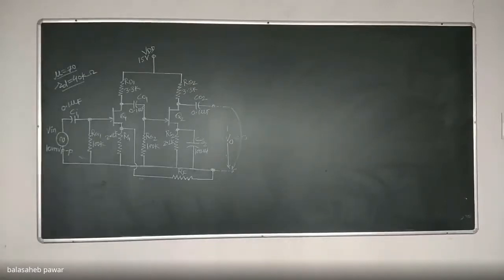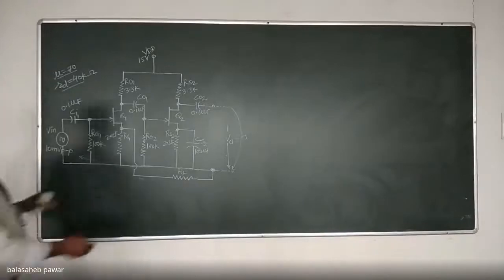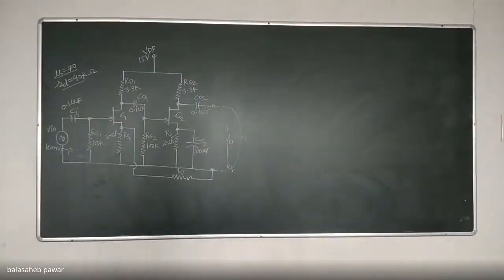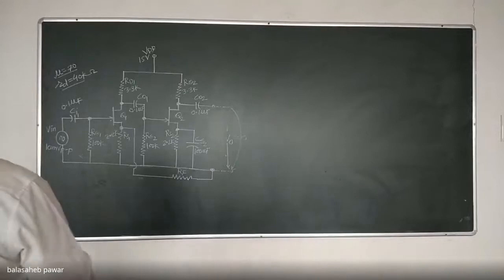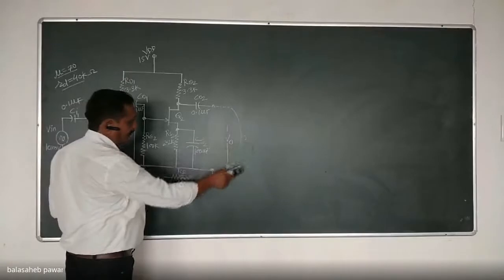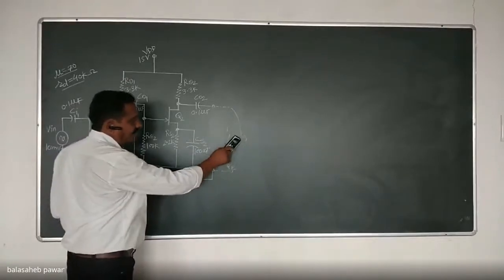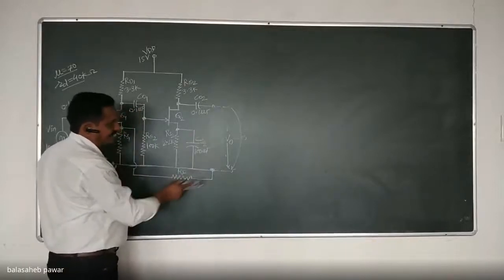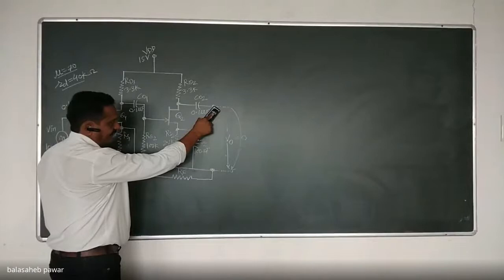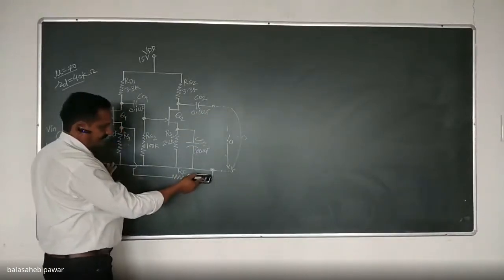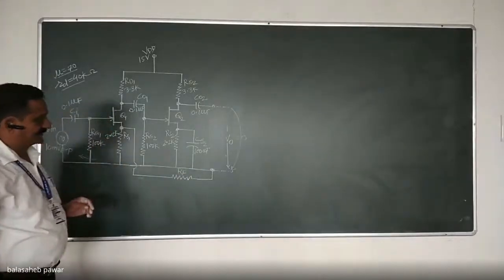Okay. So see, to make that VO equals to 0, we have to provide the short circuit. Is it visible? Yes, sir. Okay. So see, to draw the input circuit, we have to make the output equals to 0. How will it be possible? We have to provide a short circuit to the output. Then and only then can we say VO will become 0. At the same terminal, our feedback resistor is connected over here. That means one terminal of that feedback resistor will get grounded, as shown. Is it okay?